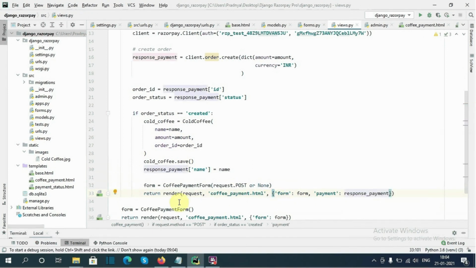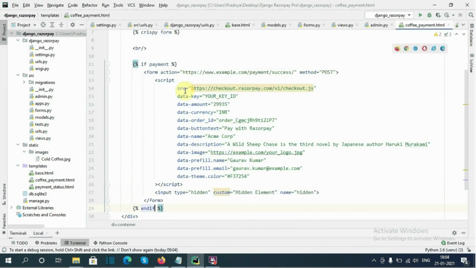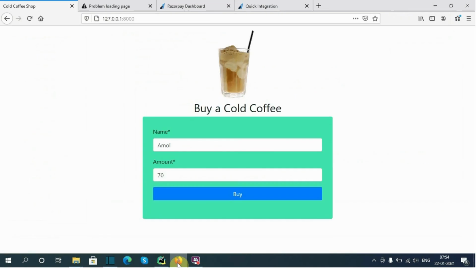That is, we need to pass the order ID and other details to this checkout form. Okay, now click on this buy button. Great. This Pay with Razorpay button comes because the order for this request is created successfully at Razorpay.